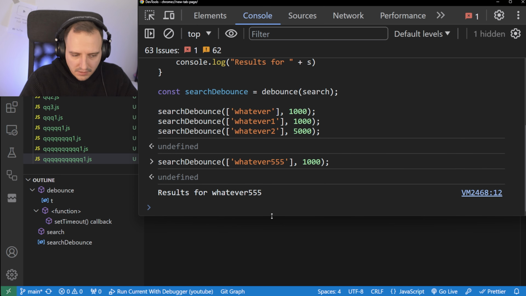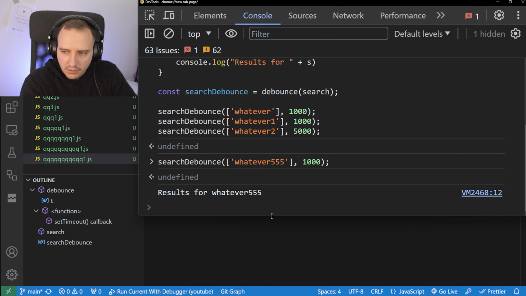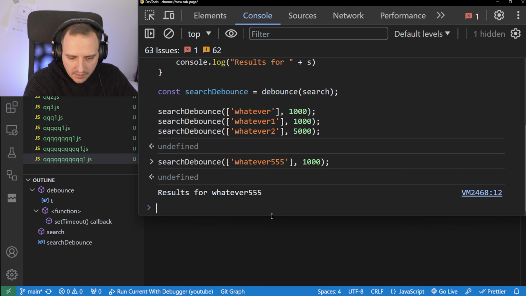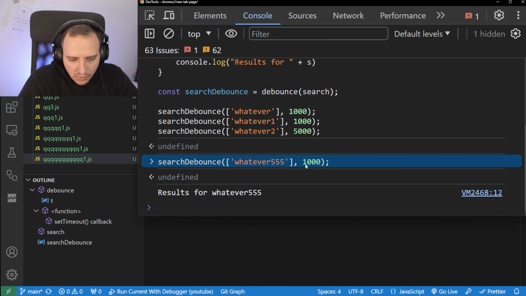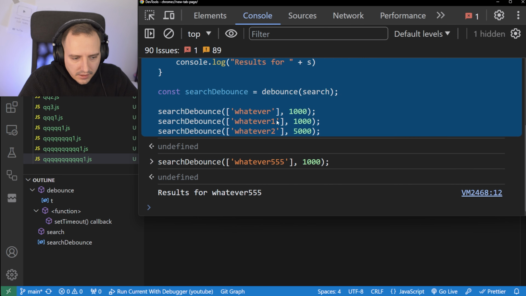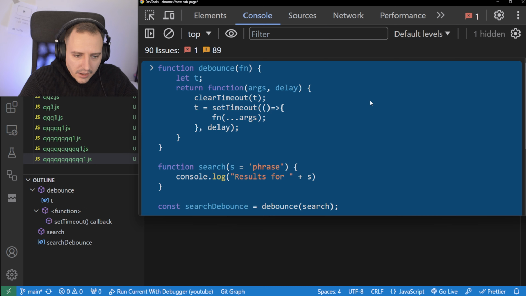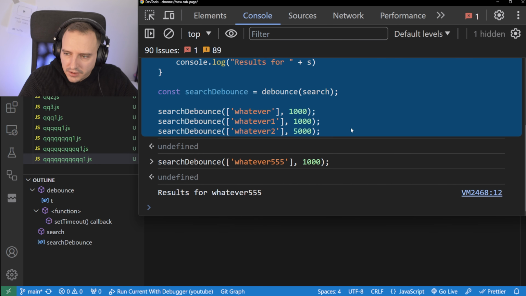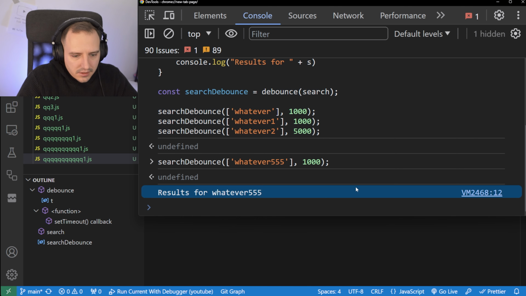And see immediately when I call the final time, I only wanted to wait 1000 milliseconds, and after that it just executed, right? And when I did this, it just ding ding ding, it immediately jumped to the third one. You're clever guys. You understand. So this is what it is. This is the solution to this.